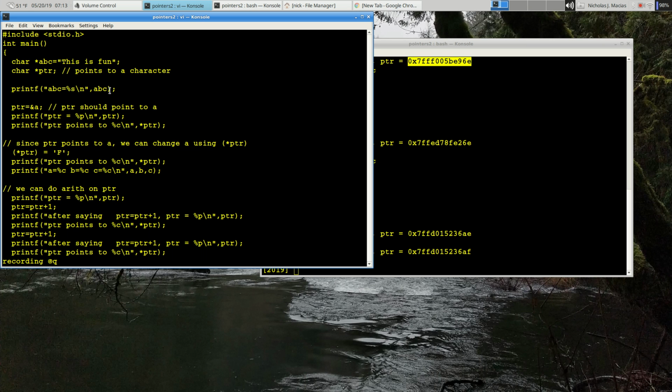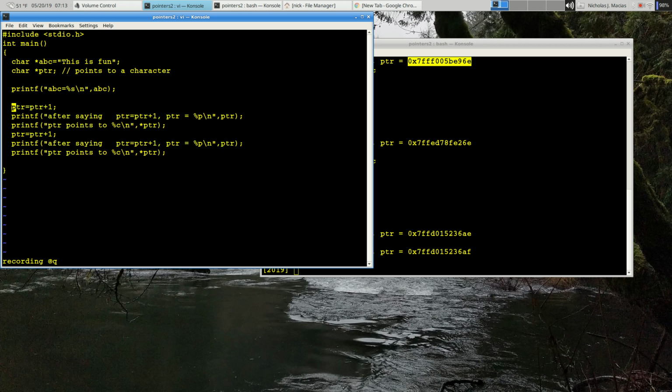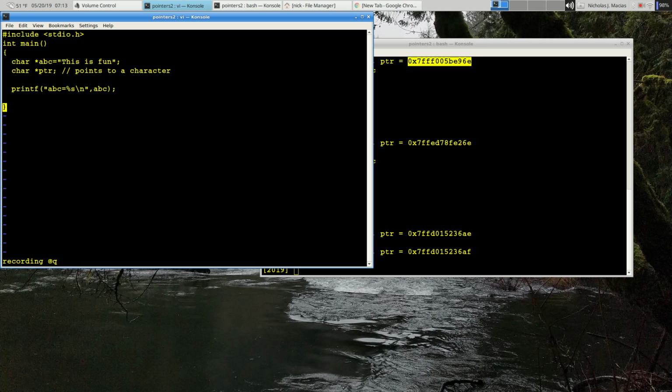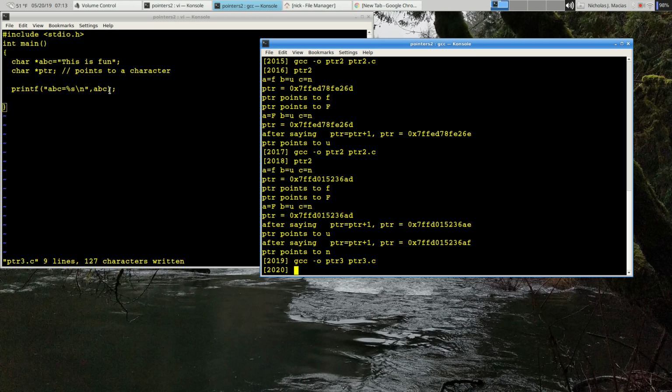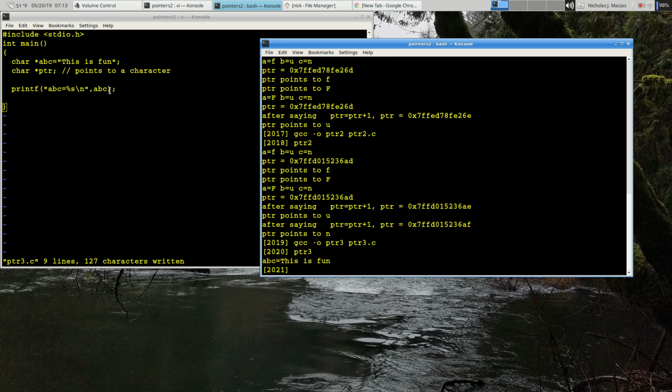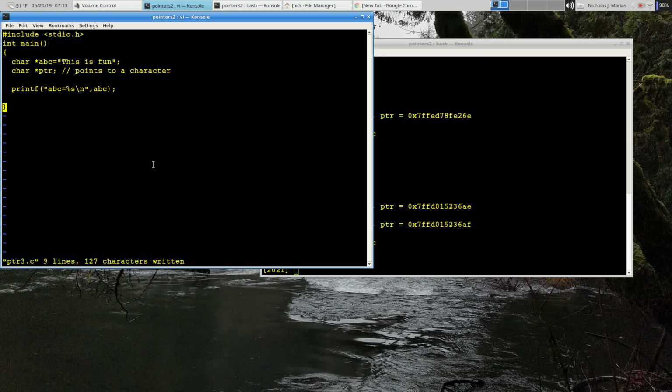And so let's get rid of all of this. Right, so ABC is just a string. This is fun. So that's using a char star, right, a string in the usual sense. But let's also,